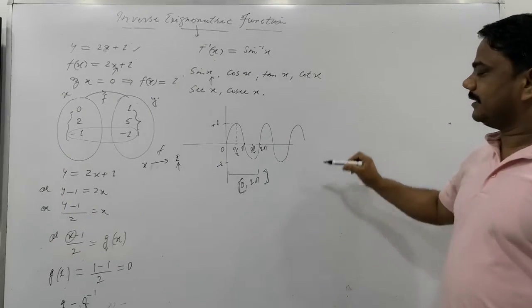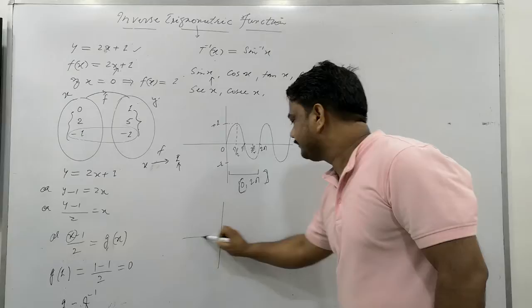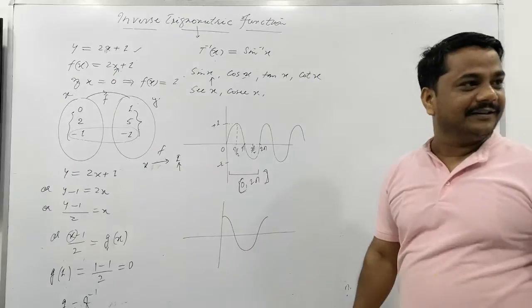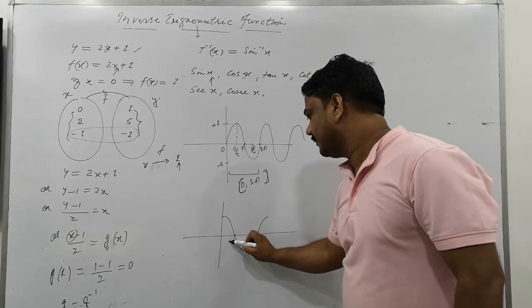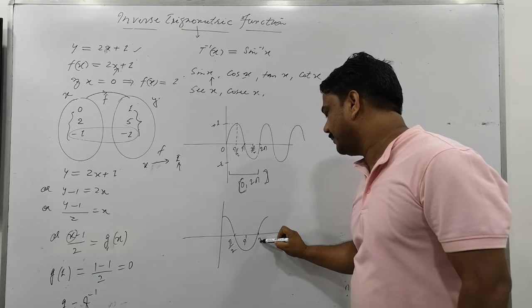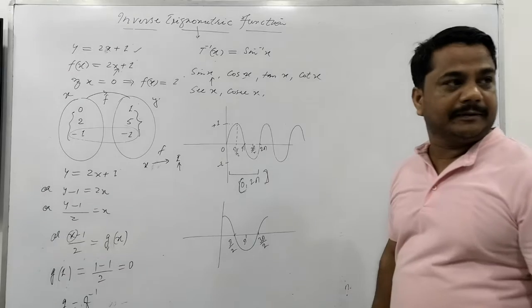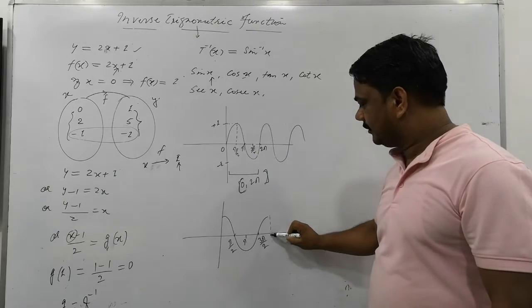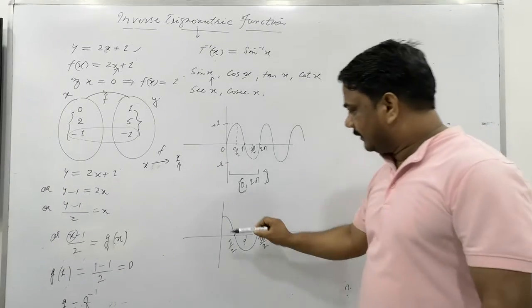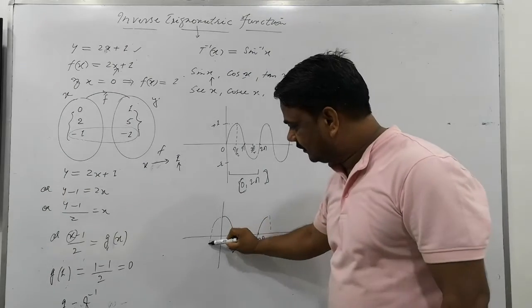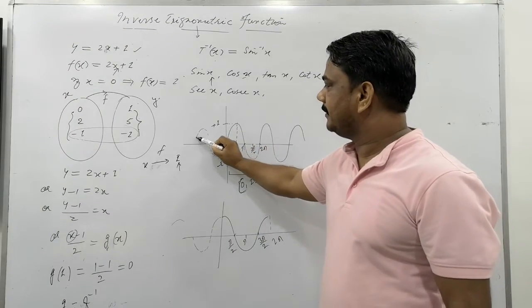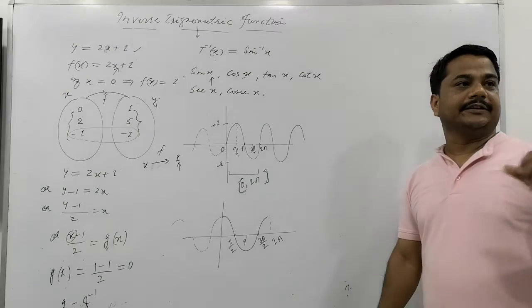Now the second function: the cosine function. Its curve begins from here, with a V shape. It is at pi by 2, then pi, then 3 pi by 2, and here 2 pi. This is the graphical representation between 0 and 2 pi. This function can also proceed for the negative domain. We will remember these; these are the trigonometrical functions.